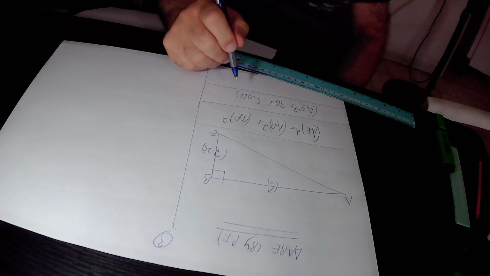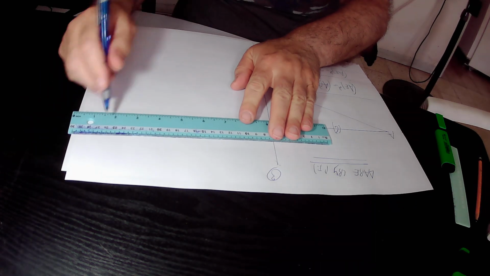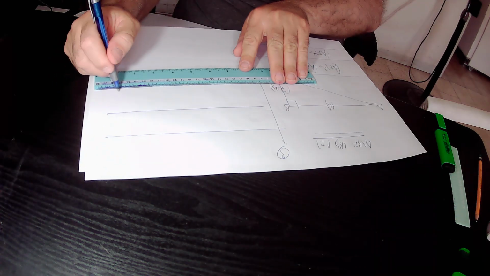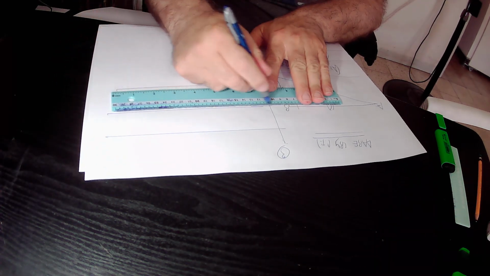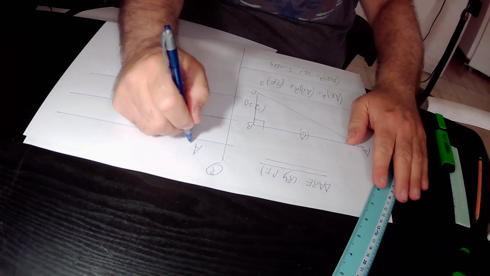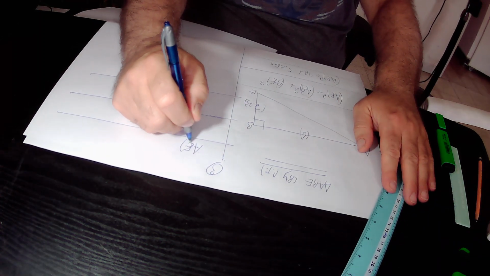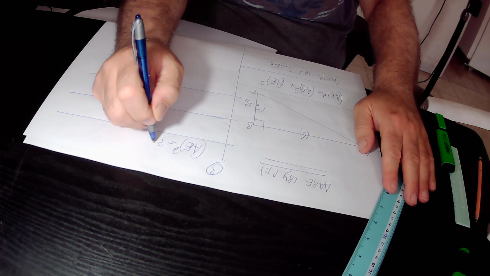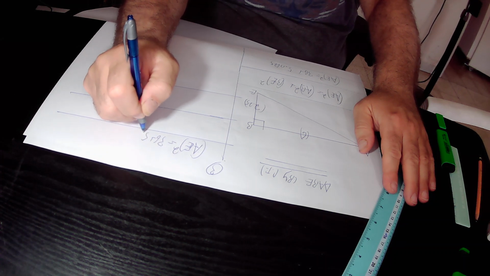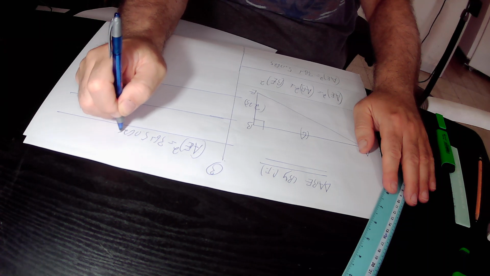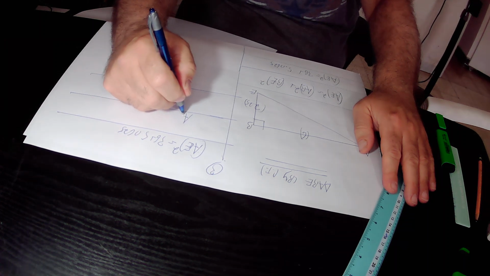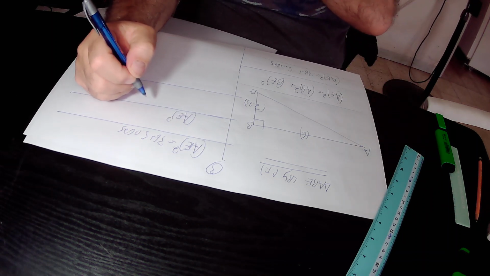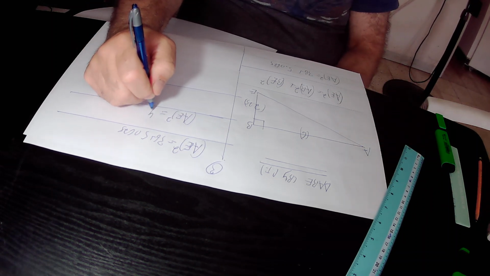So in conclusion, we have found out that AE squared equals 36 plus 5.0625. 36 plus 5.0625 equals